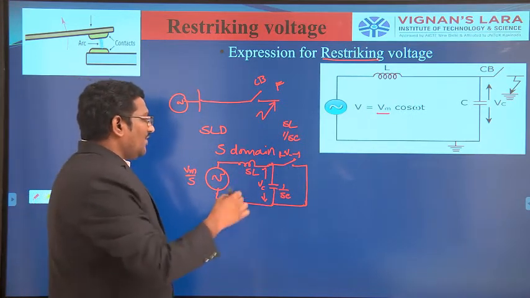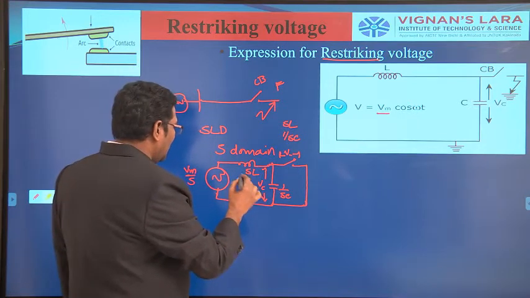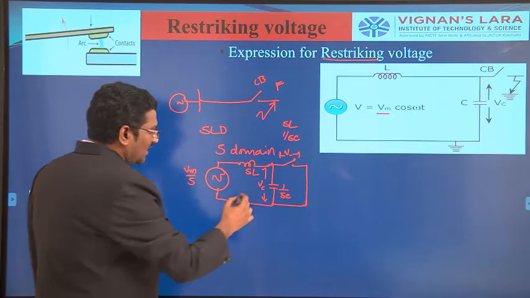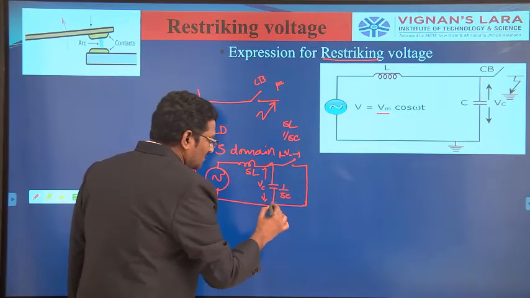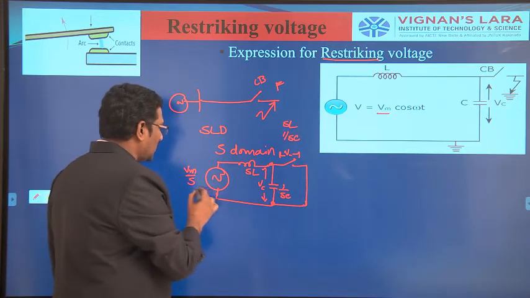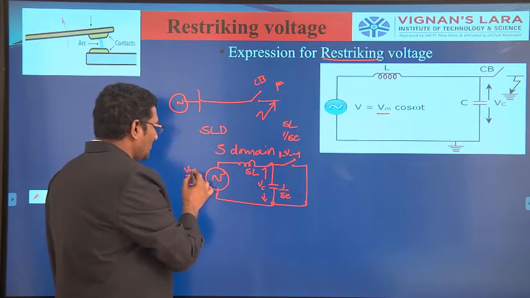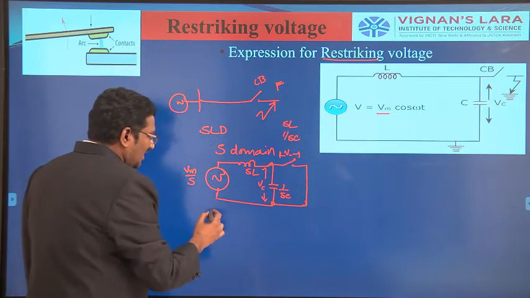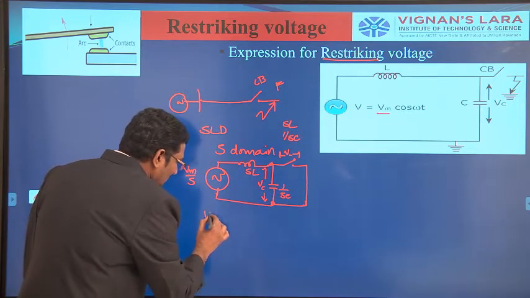Now let me solve this circuit. Finally you have to calculate this voltage, the voltage across a capacitor. So this is a series circuit, and this is taken as the source voltage, Vm by S. Now the S into L, and this is 1 by SC. So now we can write the voltage across the capacitor in the frequency domain.